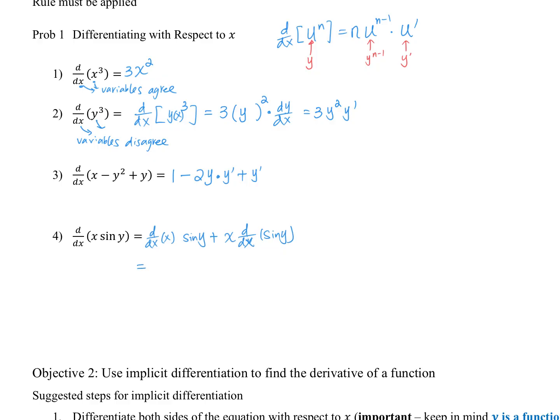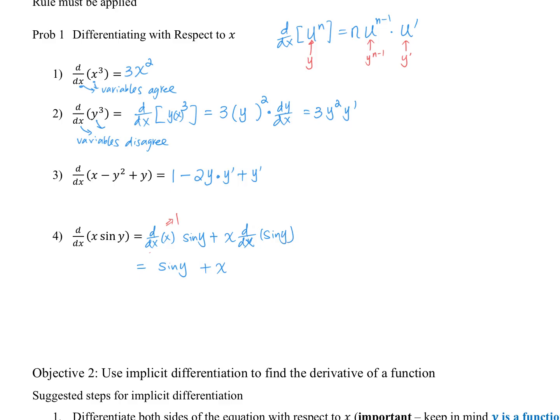And the derivative of x, just the regular differentiation, is 1. So I'm going to skip writing the 1 times sine y. Again, the derivative is just 1. And here plus x times the derivative of this, we have to use chain rule, where the